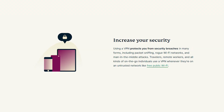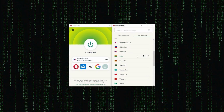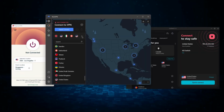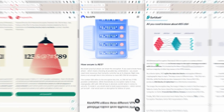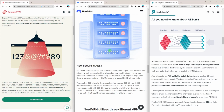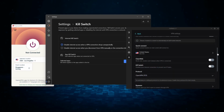Now let's move on to security features and servers, which is a category just as important as the one we talked about earlier. Starting with the security features, let's check out what Express, Nord, and Surfshark have in common before we get into their unique features. They all have the standard AES 256-bit encryption, which is the safest type of encryption that you can get, commercially at least. You also have a kill switch that will sever your internet connection if you accidentally disconnect from the